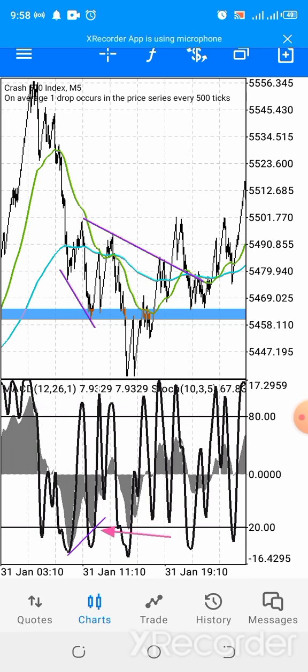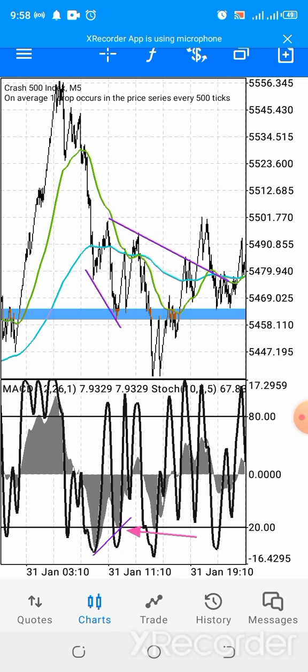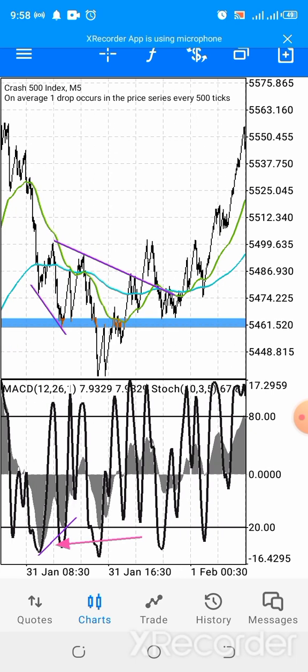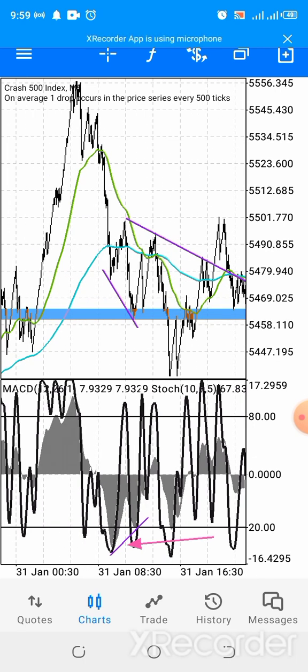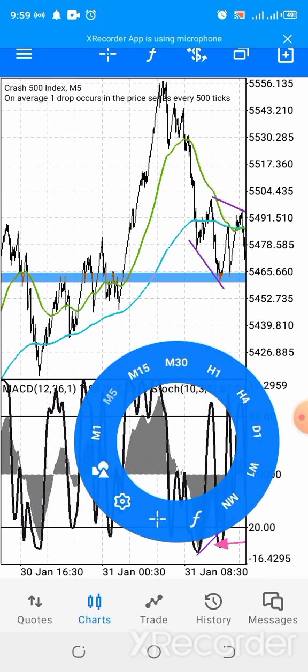Not really the divergence, actually. What attracted my attention was that the MACD had pulled down to where we have the oversold levels. Remember I said on a buy trend you're looking out for oversold levels to continue the trend upward, and on a downtrend you're looking out for overbought levels, like what we have here, the overbought levels, so that you could